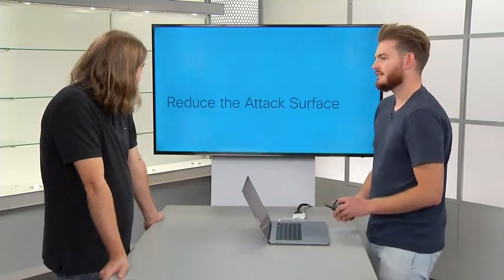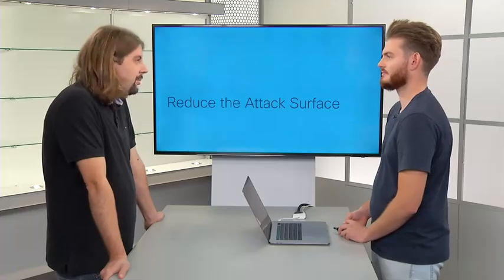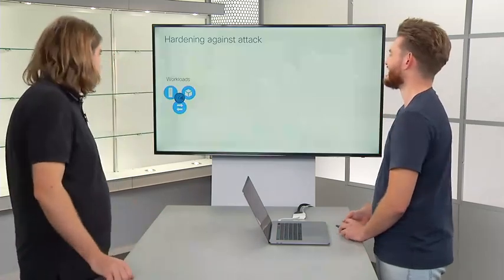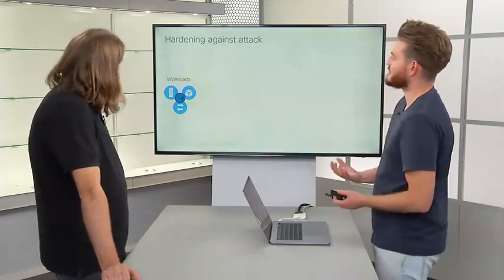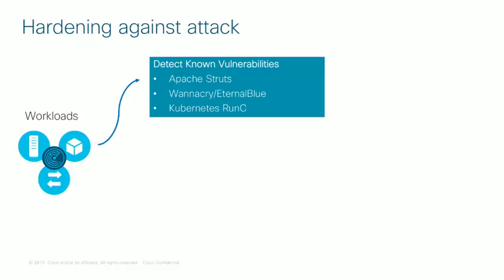The next thing that we really need to be able to help customers do is reduce that attack surface, working out what should be locked down. So that was putting the honey in the pantry, right, and closing the door? Exactly. So what we do to achieve this is we take that telemetry from the workloads and we feed it into our system to be able to, number one, detect known vulnerabilities.